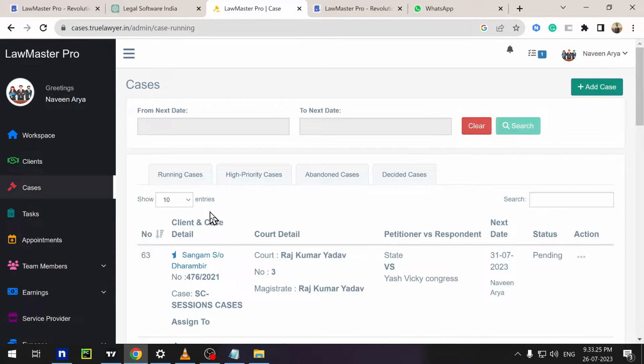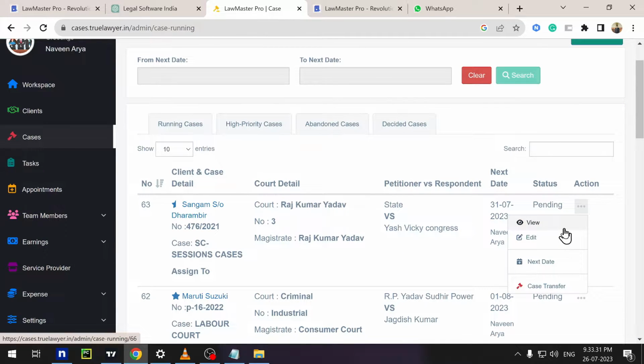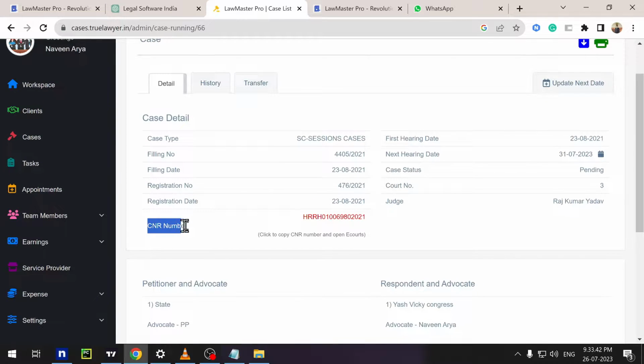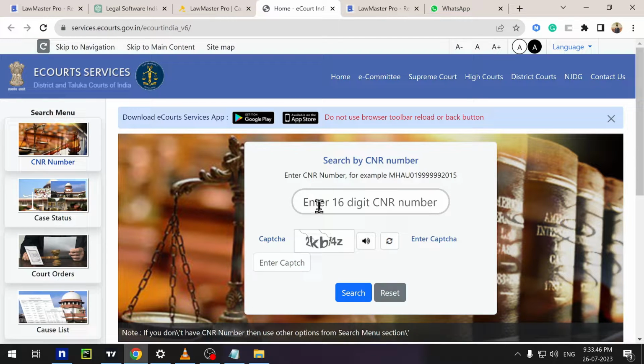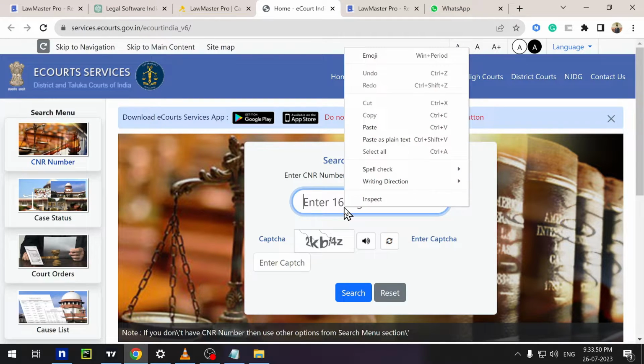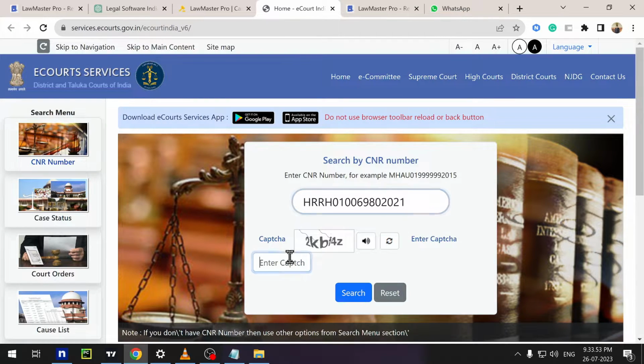Okay, this is the tab for cases where you will see all your running cases. Click here and click view, and then you can go to the case detail page where you will see like filing date, registration number, or who is the judge, and then you have the CNR number. Once you click on this number, it will take you to the eCourts website, and the CNR number is already copied after you clicking it, and you can just right click it, paste here and enter the CAPTCHA, and it will open up all the